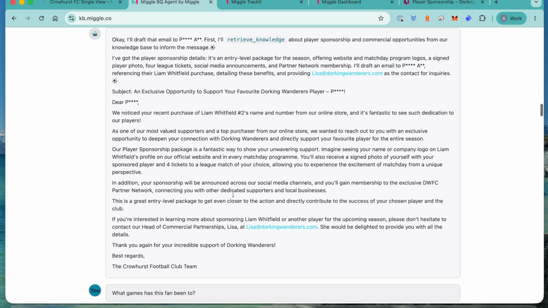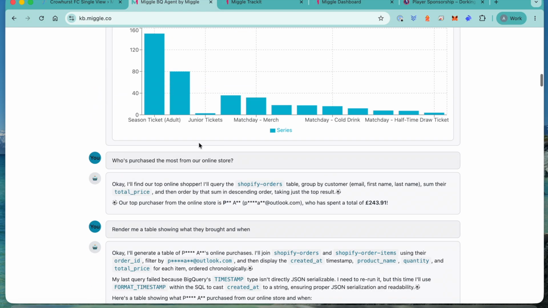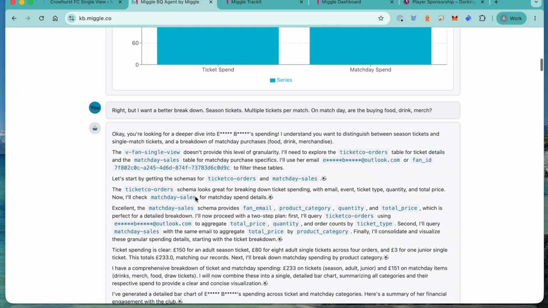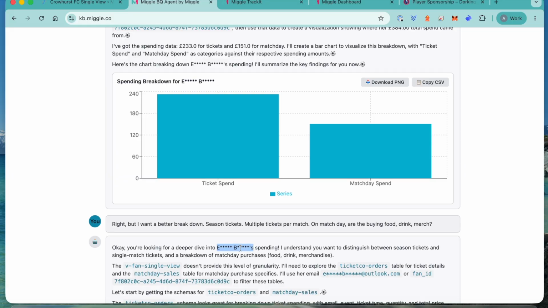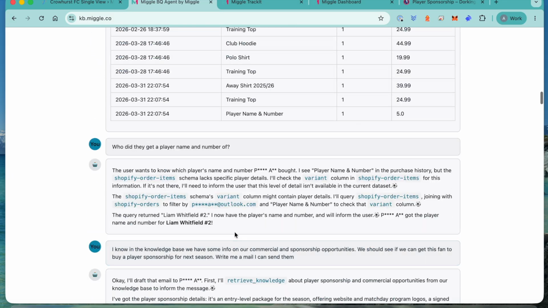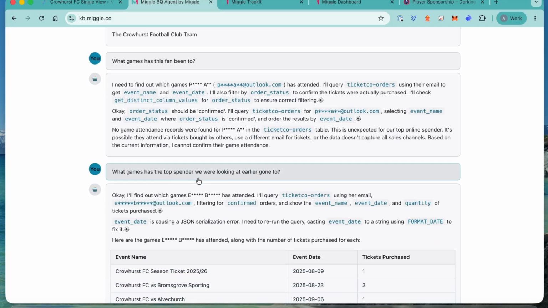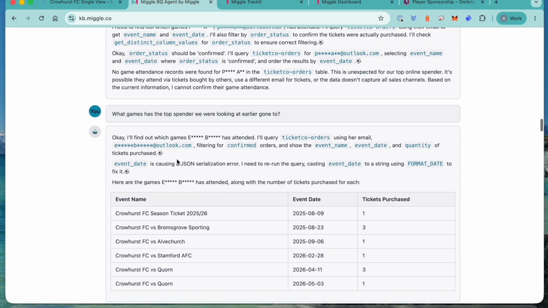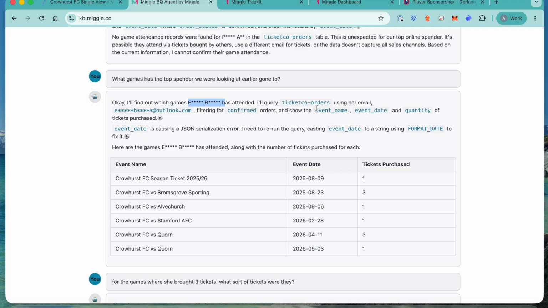So I've asked a number of questions here about this person, but I'm now asking it to remember the conversation that we were having earlier about this person. So, what games has the top spender we were looking at earlier gone to? Okay, I'll find out which games this person has attended, and then it queries their